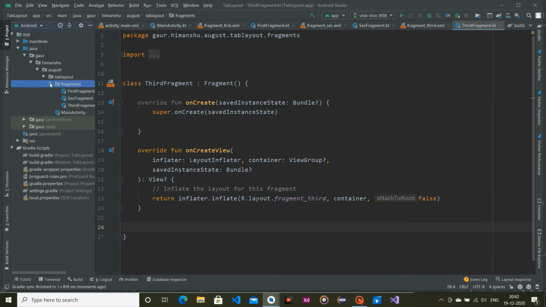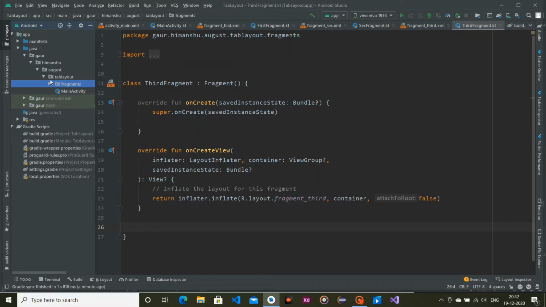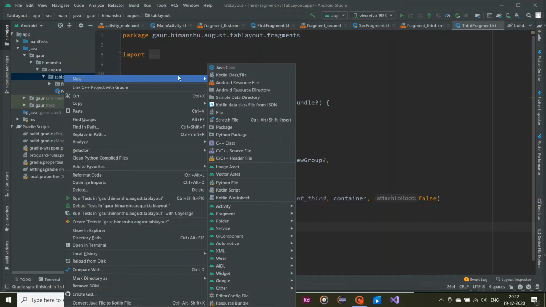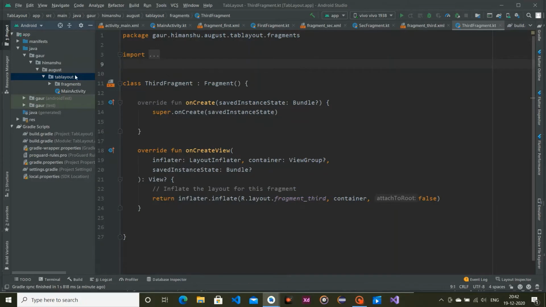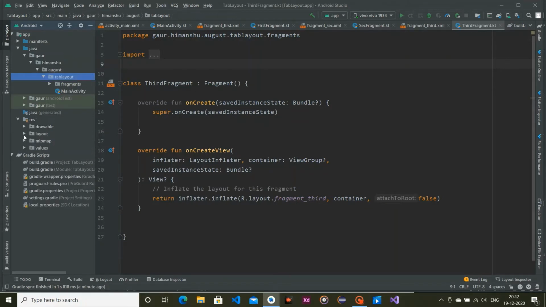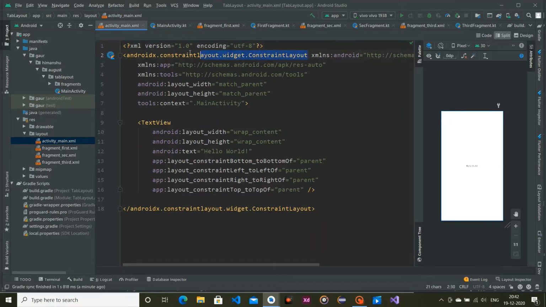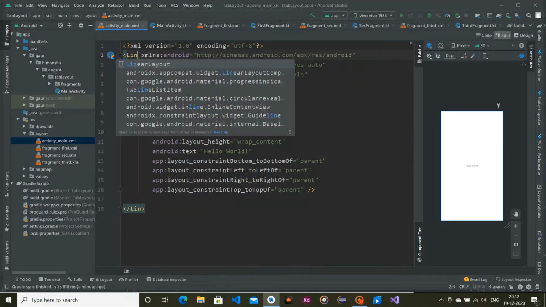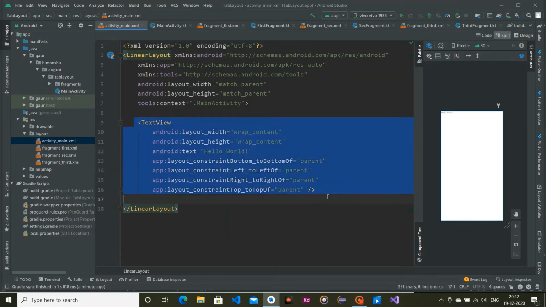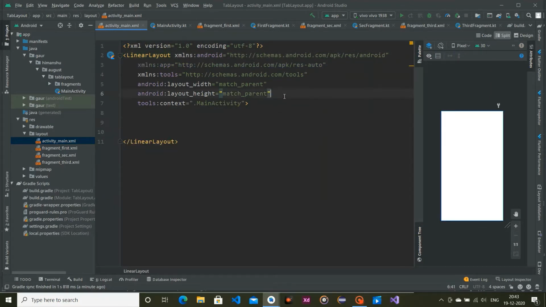Fine. So now we are going to create an adapter which is used in order to connect these 3 fragments to our ViewPager. I am going to create our ViewPager adapter, but before creating this adapter, I am going to go to our layout and within our activity_main.xml file, remove this constraint layout and use a linear layout, and its orientation is vertical.